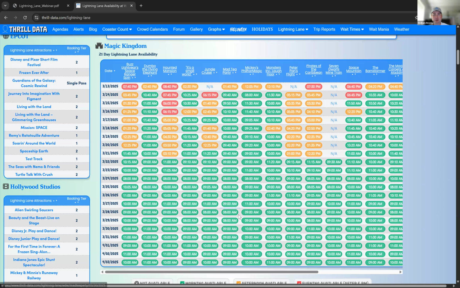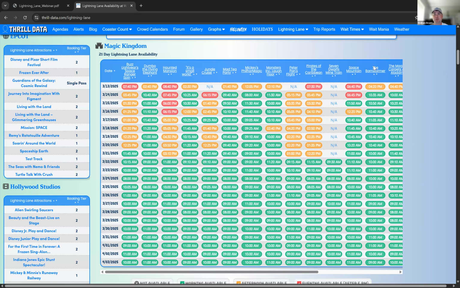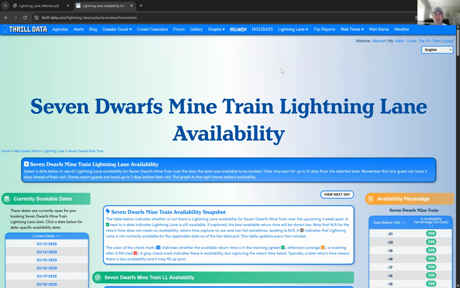So this is a live update from My Disney Experience. If I want more details about a specific attraction, I can either click on its name up top, or I can click on any of the times down below, and it'll take me to some more details. So for example, if I go to Seven Dwarfs Mine Train,